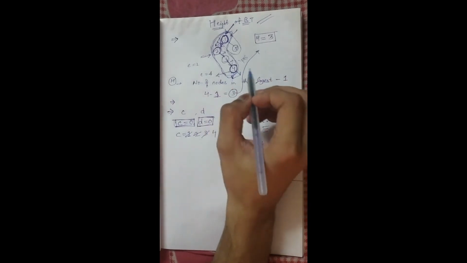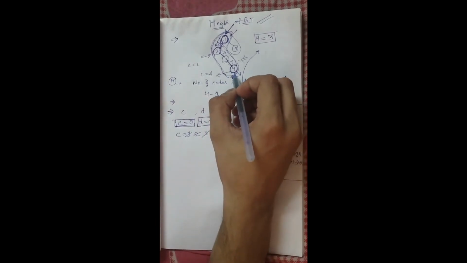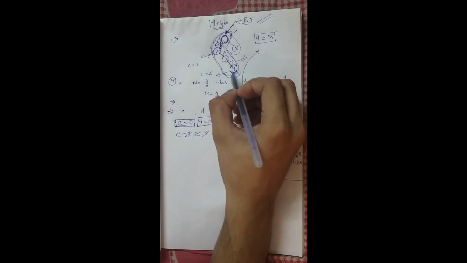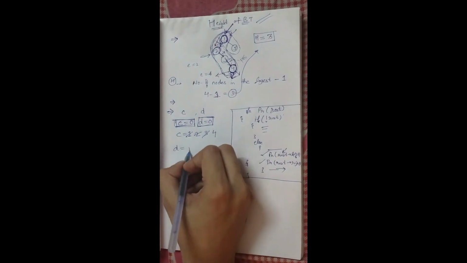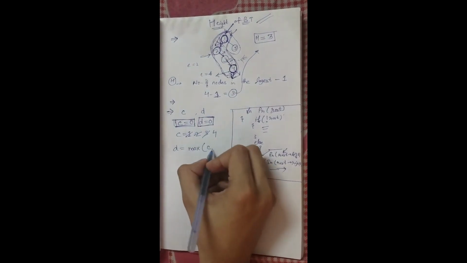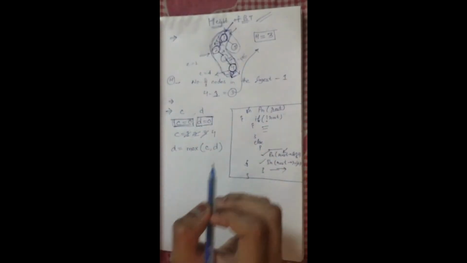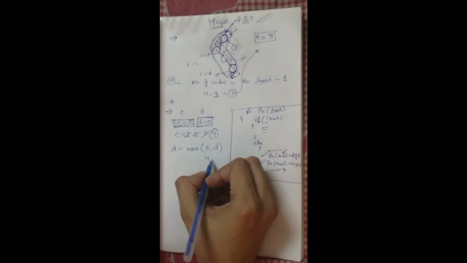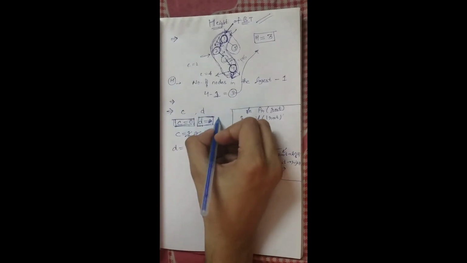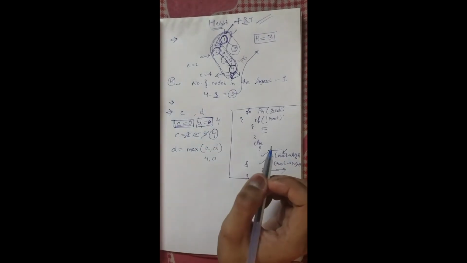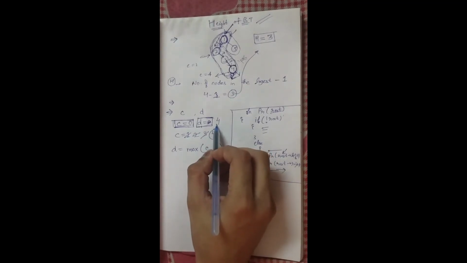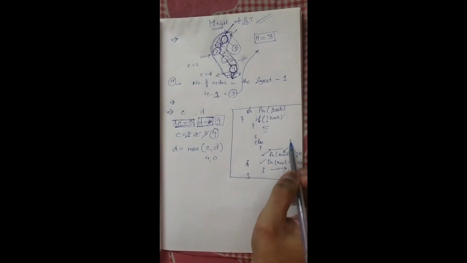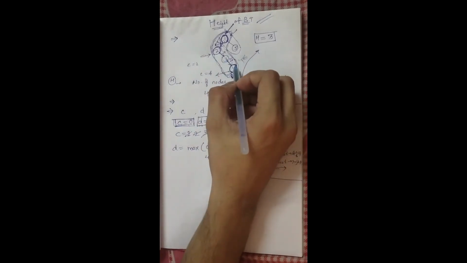Okay, so what should I do now? I would keep track of the number of nodes until here, because now it would go back. So I would store it in my variable D. Till now C and D were 0, but now C is 4, so the maximum of 4 comma 0 is 4, so my D has now become 4. So it is saying that the maximum number of nodes in a branch I have visited till now is 4. Okay, now after visiting 4, what should I do?